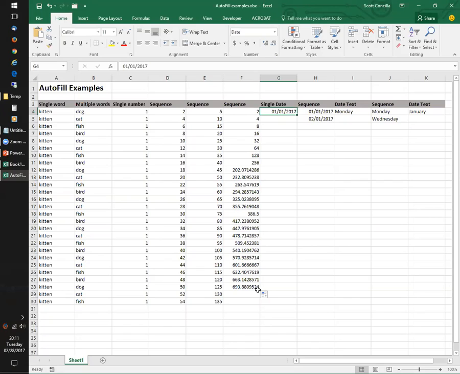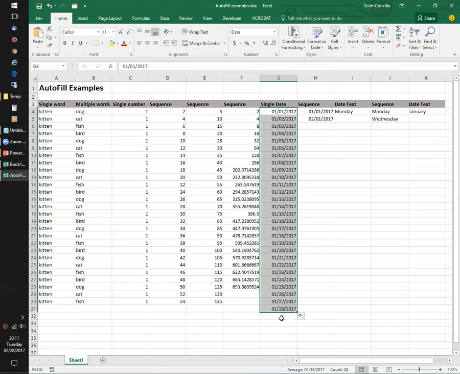1/1/2017. Now, based on what we saw previously, if I was to take one cell and drag it down, it would repeat the value. But Microsoft's pretty smart here, and they go, you know what? Generally, if you have a date and you want to fill, you want a sequence. Okay, so if I take this single date and drag it down, it literally just goes through the entire sequence automatically. It just automatically assumes that I want a sequence of dates. Now, I'll show you how you can override that in a few minutes. Okay, so as long as I drag down and I've got a single date, it's just going to start with